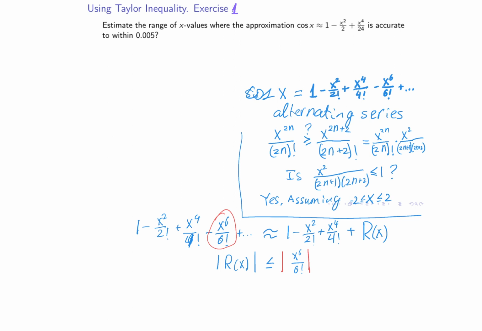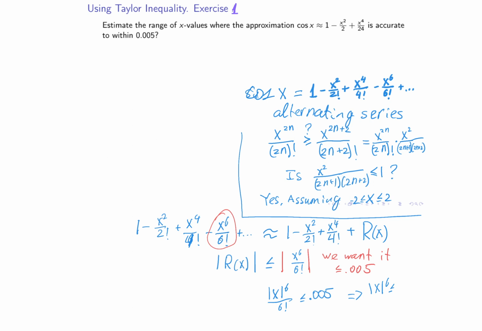Okay, and we take the absolute value of that. We want this to be less than 0.005. Okay, so we have the inequality to solve. So essentially we have that the absolute value of x to the 6 over 6 factorial must be less than or equal to 0.005. Okay, so this implies that the absolute value of x to the 6 is less than or equal to,